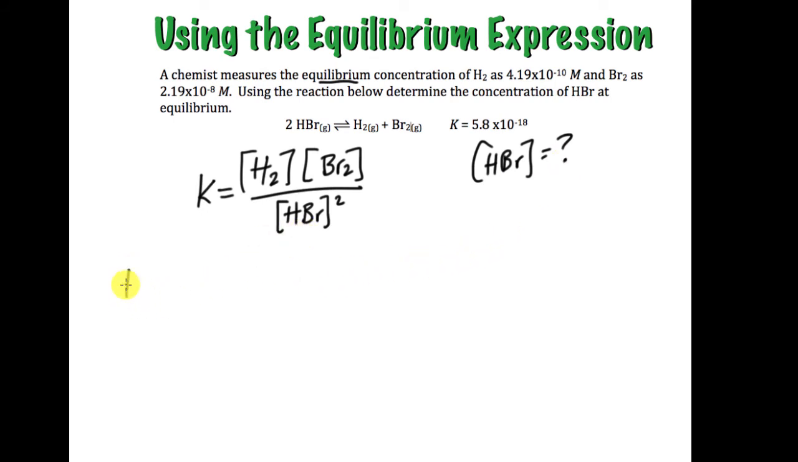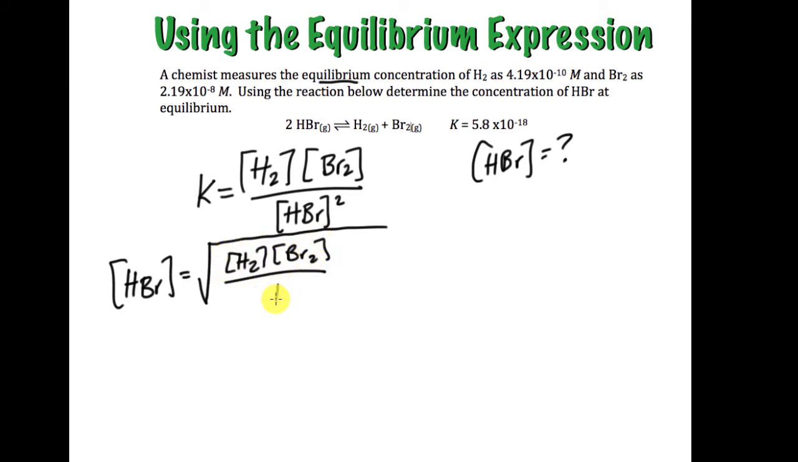If I solve for that, my equation is going to be HBr is equal to the square root of H2 times Br2 over K, since this is brought over here. That would be the equation. So I'm just rearranging this and solving for HBr. That's the equation that I'm going to use for this problem. So I'm going to plug everything in, and then I'm going to solve it. Okay, so the HBr concentration is equal to the square root of